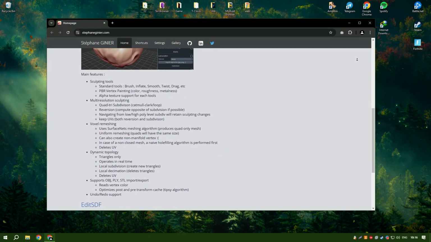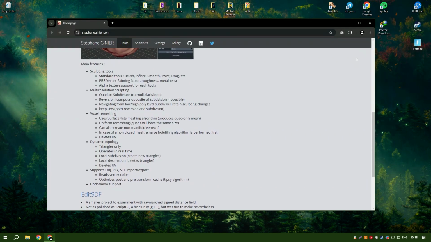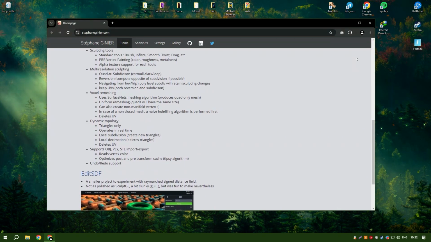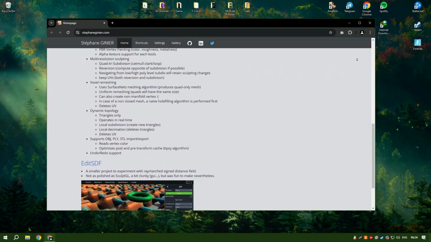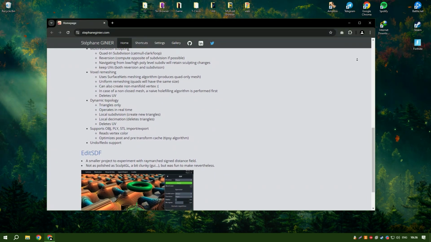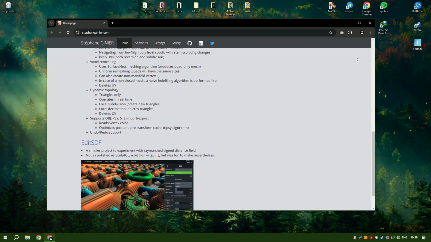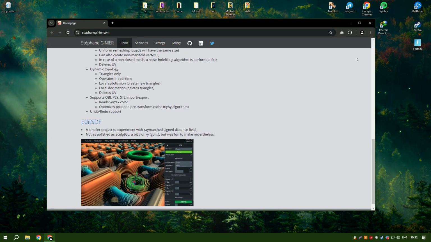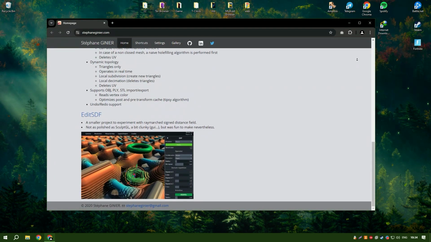The interface is straightforward and user-friendly, making it accessible for beginners while still providing enough depth for more experienced users. One of the standout features of SculptGL is its real-time rendering capabilities, which allow users to see their changes immediately, enhancing the sculpting workflow. Additionally, SculptGL supports multiple file formats for importing and exporting models, making it compatible with other